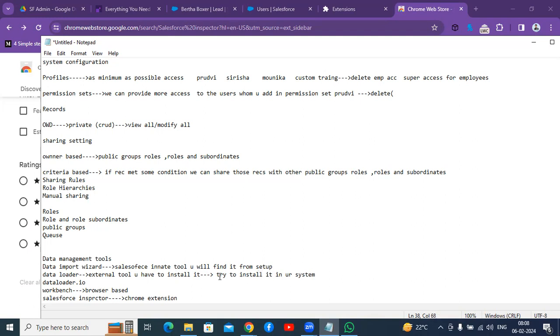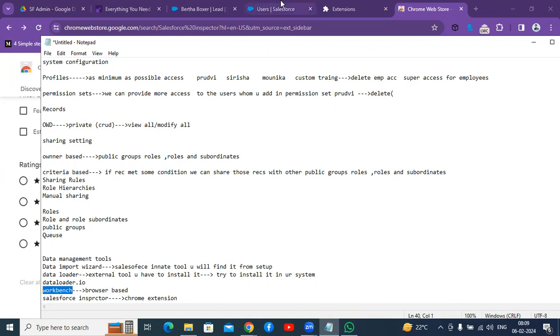If no one installs, I won't explain this concept. Coming to the data import wizard, tomorrow I'll show you and explain how to import a bulk amount of records in a Salesforce system. Workbench also, it is a browser-based one. Tomorrow I'll explain how to use that Workbench even.